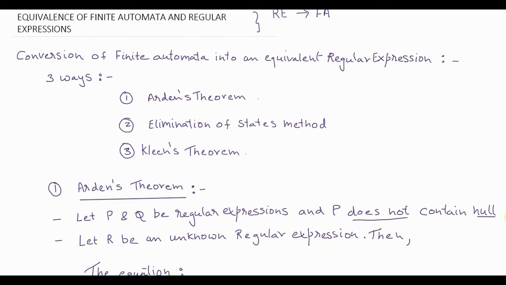Now this we have already done many times in unit 1. From a given regular expression, many times we are able to convert the regular expression to finite automata, or given a regular language, we are able to construct a finite automata. Given a regular expression, construct a finite automata. So this we have already handled in unit 1.